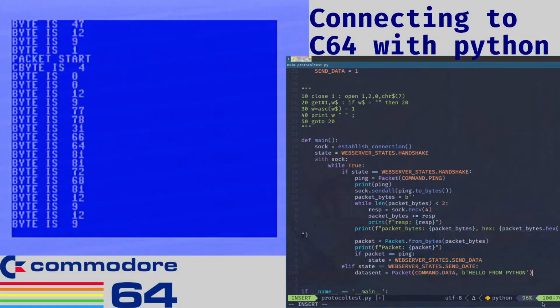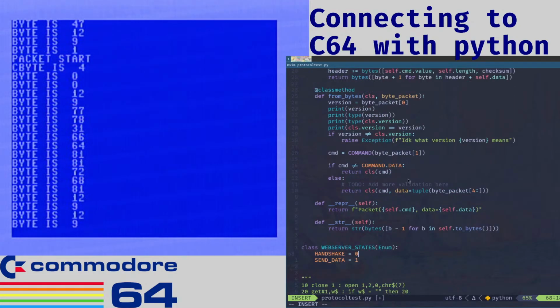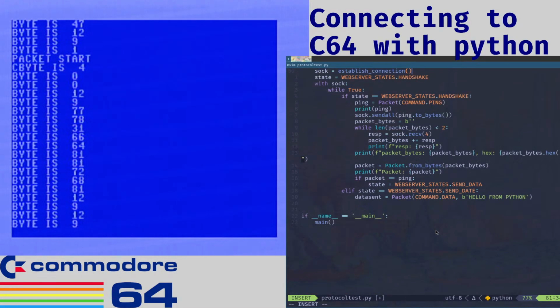So let's just say hello from Python, all caps. I don't remember. Do I convert it to uppercase here? No, I don't, but that's honestly fine. I don't care right now. We're building as we go. So send data, not send date. elif state will send data. We want to make a data send. And I want to send all